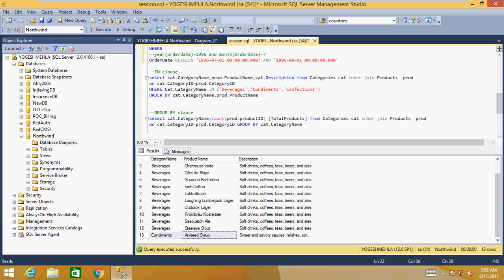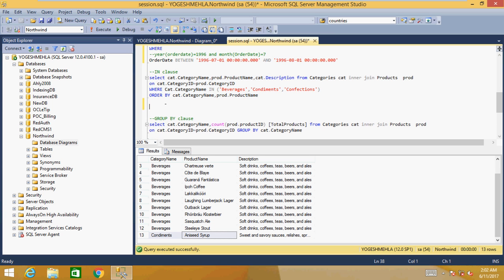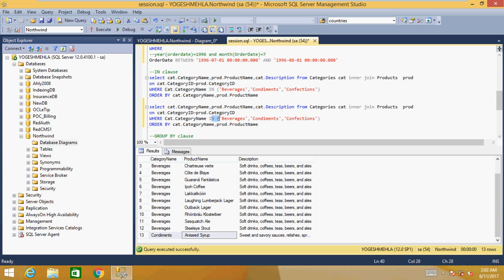So I can write this query in one more way by saying where category name equal to beverages or condiments, and delete this one. So here I said where category name equal to beverages and the second name should be condiments, and confections also if I need to add. So I will add 3 ORs. So instead of writing such a big query,